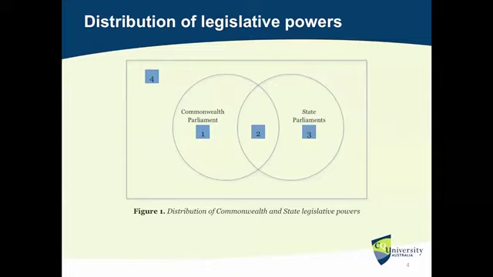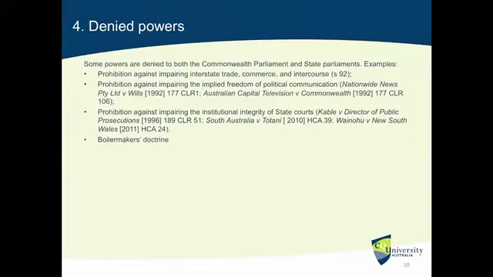Now, in that illustration, number 4, there are certain fields or subjects over which both the Commonwealth Parliament and the state parliaments cannot legislate. And that is what we will be discussing now. So these are the denied powers, powers which are denied to both the Commonwealth Parliament and state parliaments. Examples would be